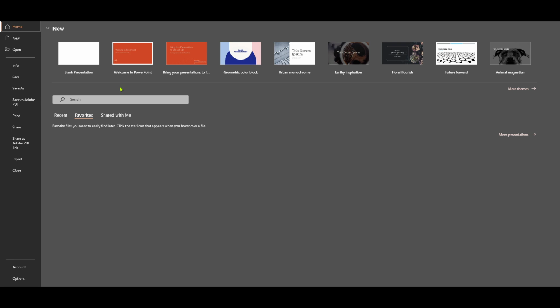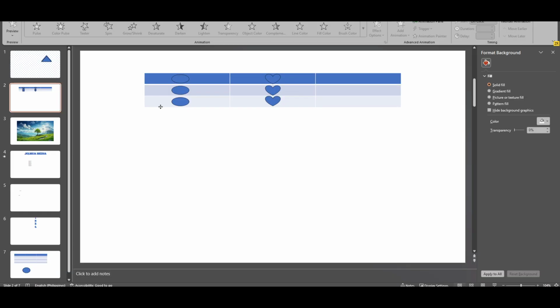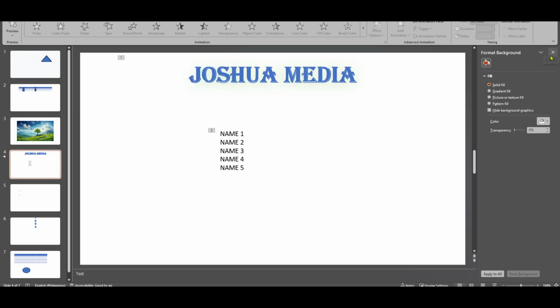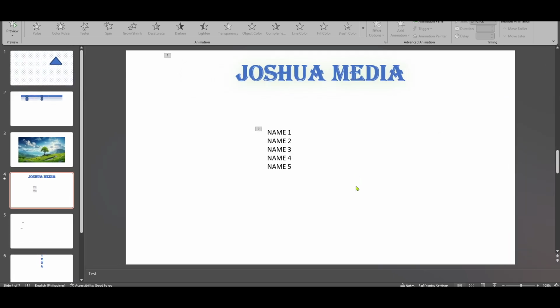Now that we have a presentation open, the next step is to create a list of names. These are the names you'll want to randomly select from. To do this, create a text box on your slide and type out each name you'd like to include. Make sure all the names are in a column, as this setup will be most effective for what we need. It's important to keep the list neat and tidy, so feel free to adjust the font, size and alignment to